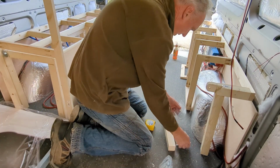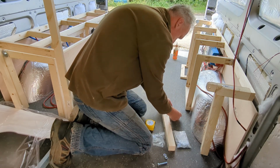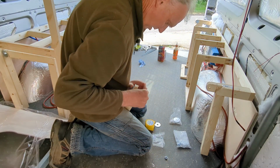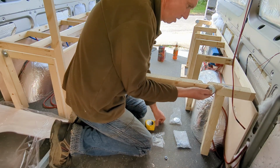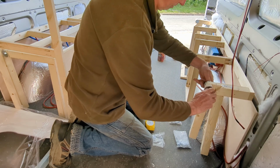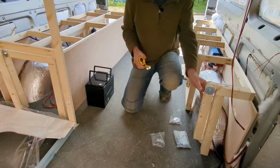Right, let's put on these. So, bolt and washer. Little washer there on the inside. That through there. Another bolt on there. Nut on the end, and now let's make sure this is